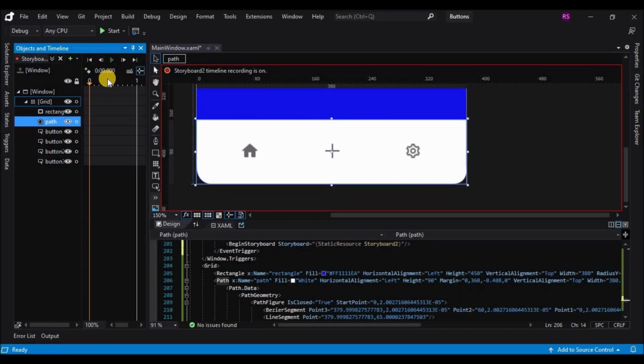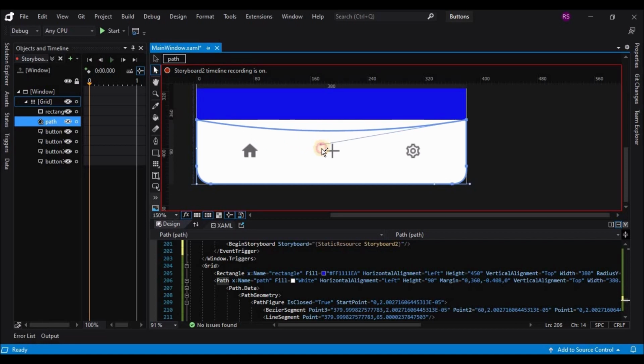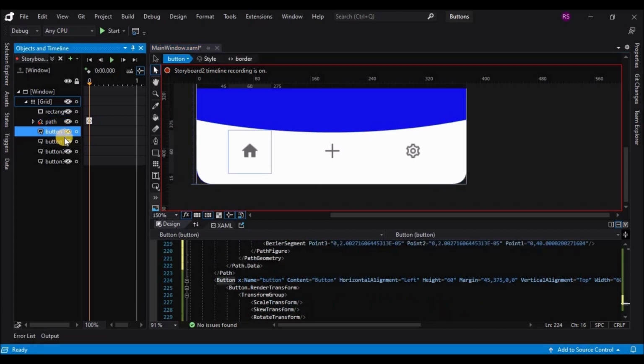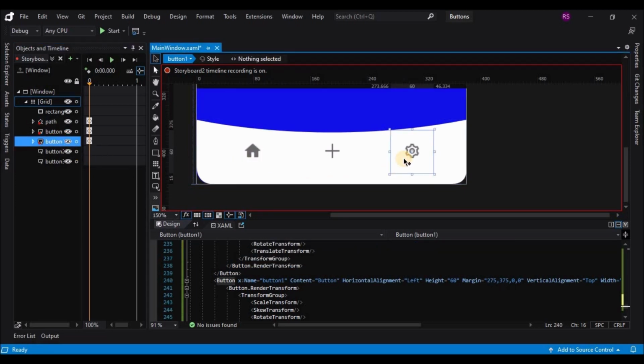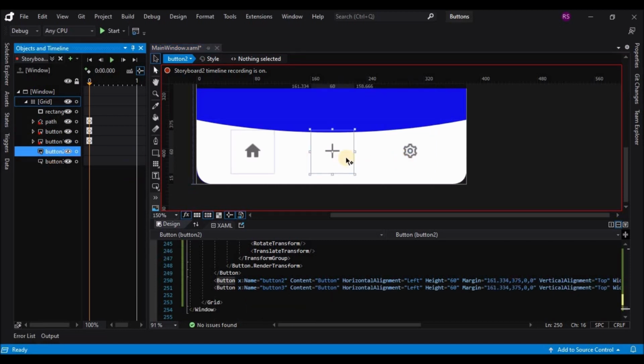Now also change the button positions on the first keyframe, and also for the second button, and change the plus button to hidden, and the multiply button to visible. So this was the last position of our animation 1. Now we have to start from there, and now we have to end it at the first position.